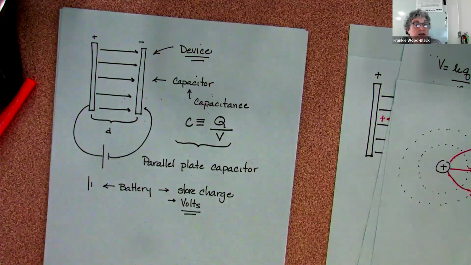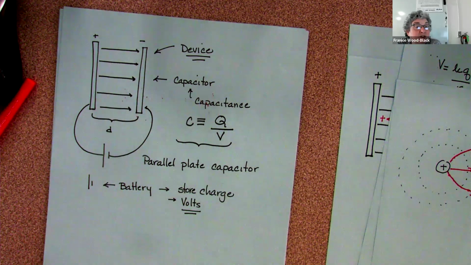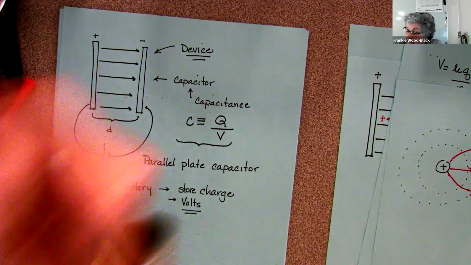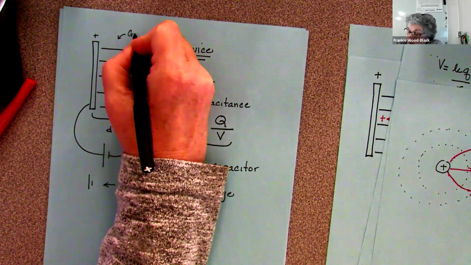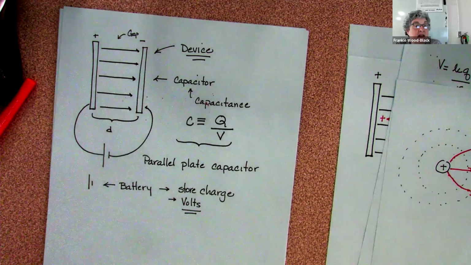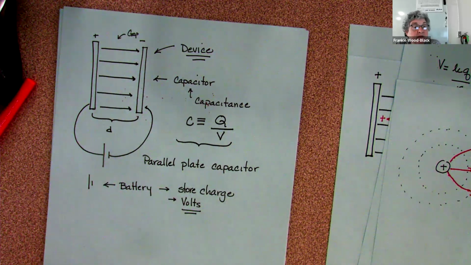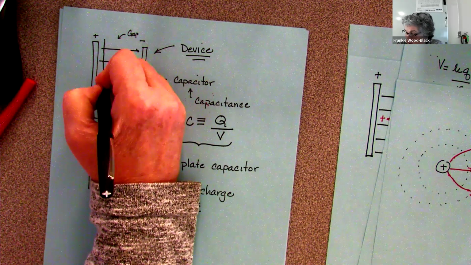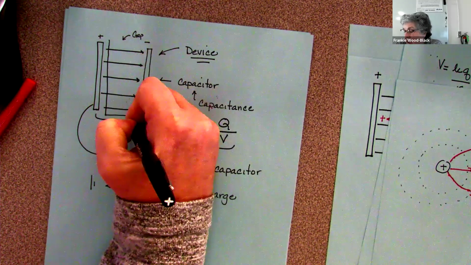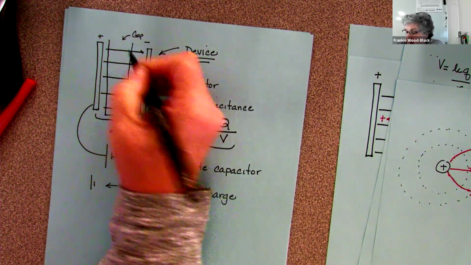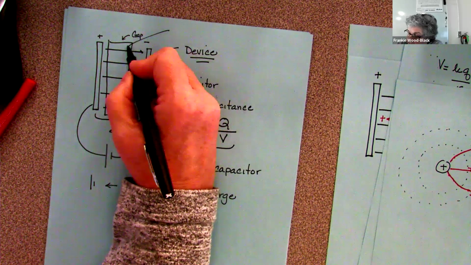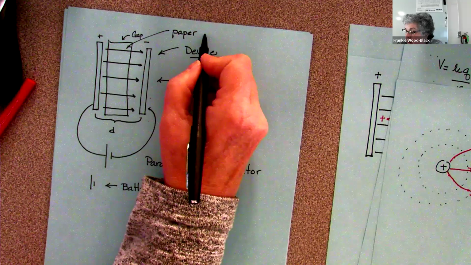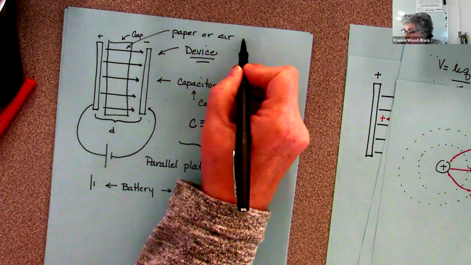And these are super easy to make. You can make it with a piece of aluminum foil. The big thing about a capacitor is it has to have a gap. Now, if I have air in there, that's one type of a gap. But I can put other things in here. I can put other materials. Say I can put a piece of paper. If I have a piece of paper or air or something else,